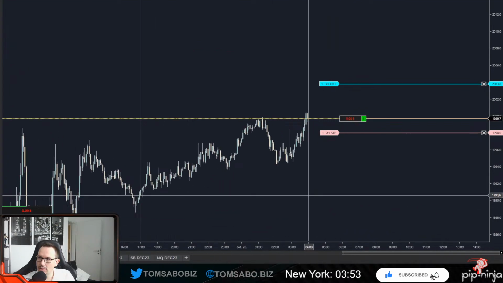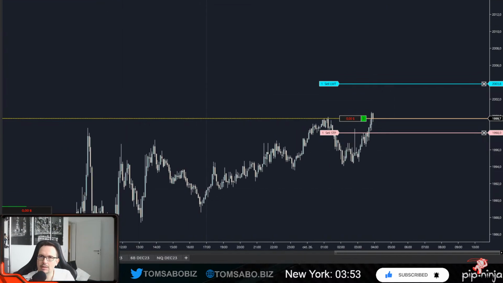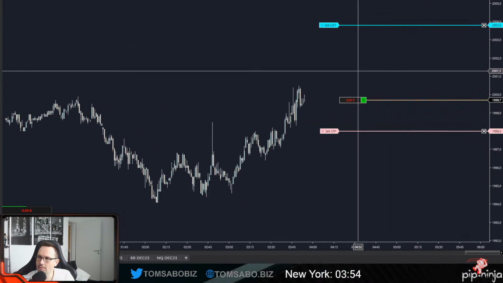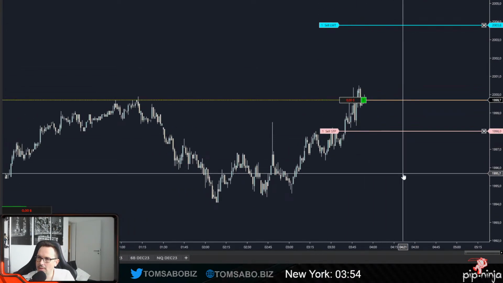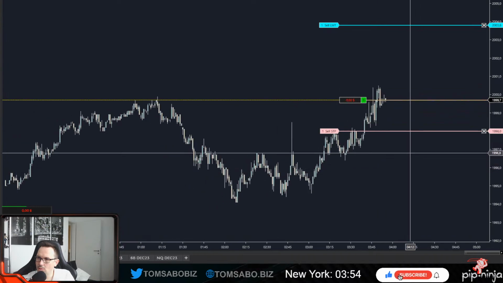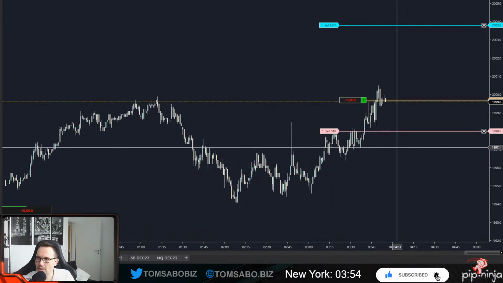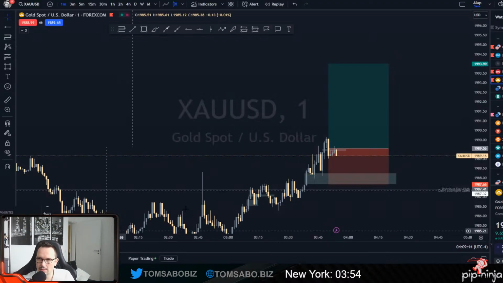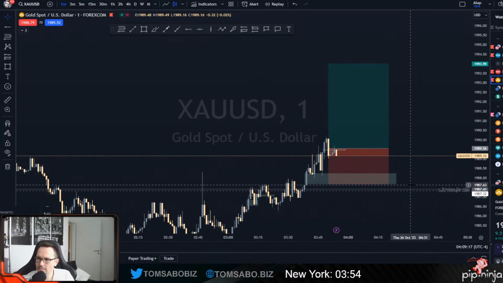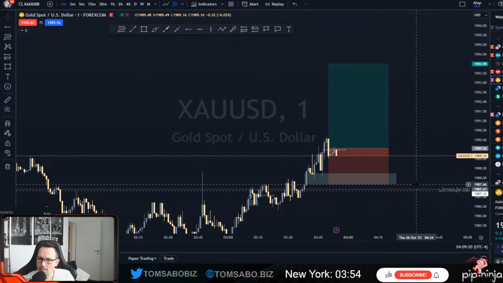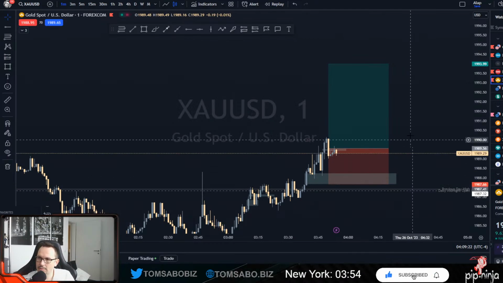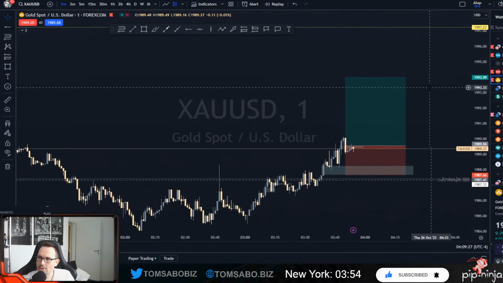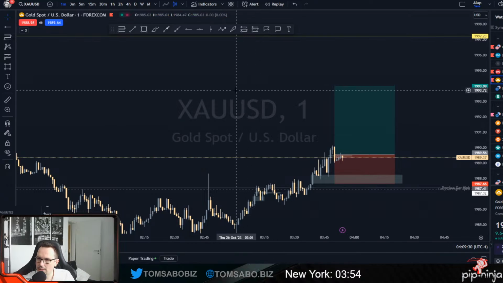Gold trade is still intact. Let's go with the 1 minute. Yeah, so this is my gold futures trade. I'm not really looking too much at this particular chart because it's a futures chart, but the goal is the same as here. And I'm only taking one contract there, so just curious to see if my idea is correct.